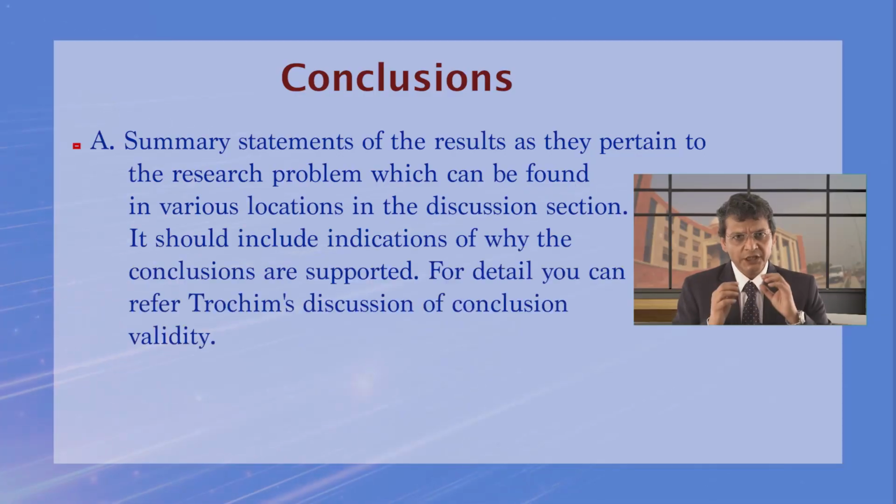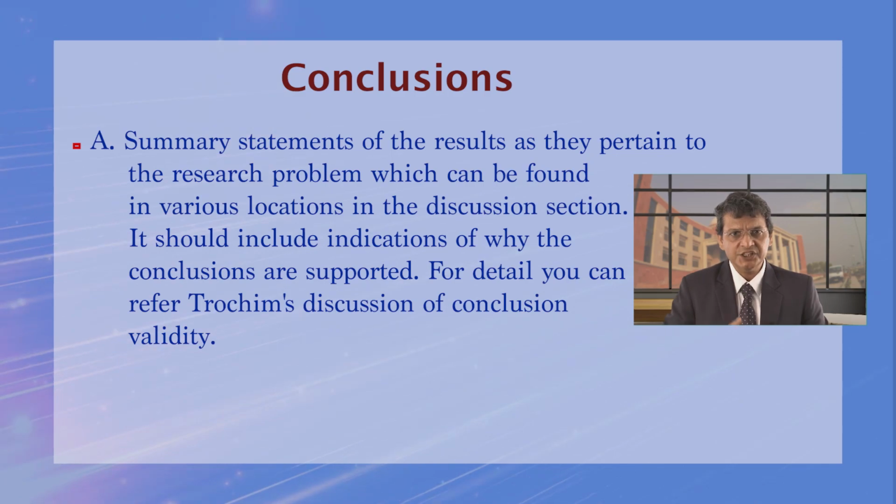Like in the discussion section, at various places you have made certain statements about the results, but here when you are discussing the conclusion, you must provide the summary statements of the results as they pertain to the research problem. It should include indications of why the conclusions are supported,